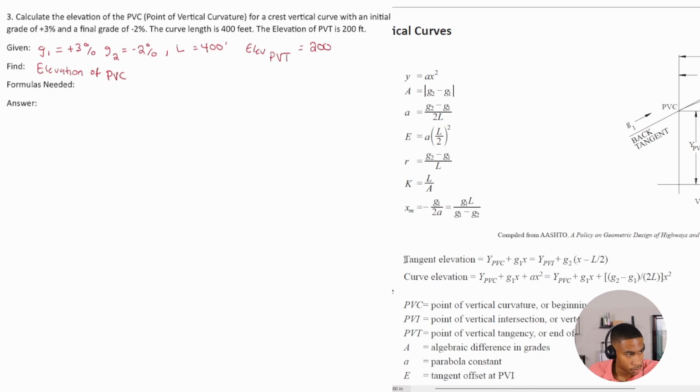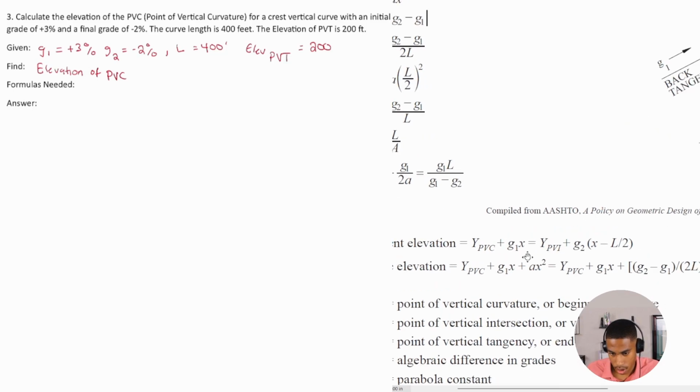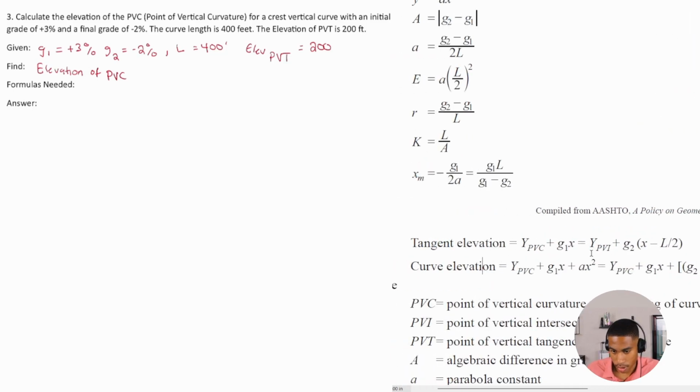So we're going to start with this formula to see how we can ultimately get this elevation of PVC. All right, so we have our tangent elevation,